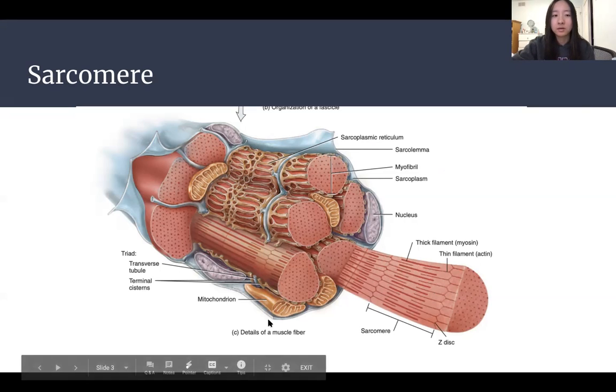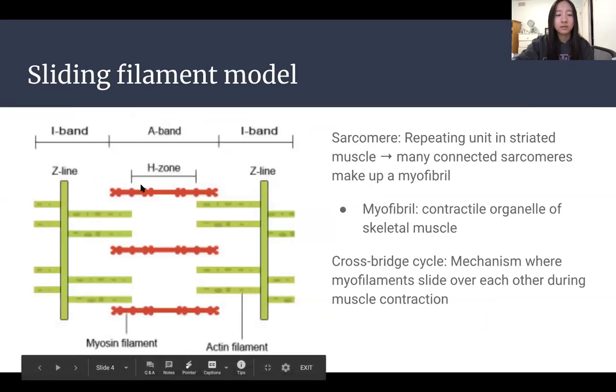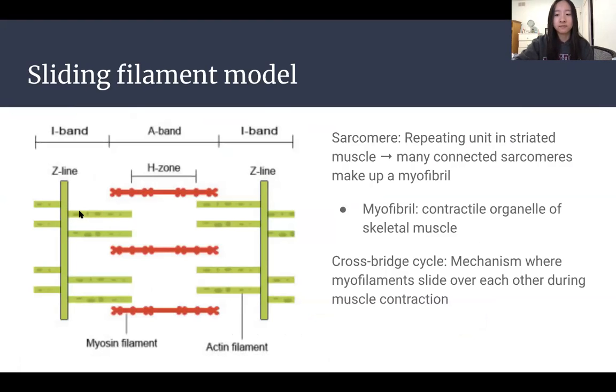And so in a sarcomere, this is the thick filament and that's the thin filament. What happens is they're going to slide over each other during contraction, and that's what helps your muscles to contract. Yes, thin things are thin and thick things are thick. So once we are good on that,